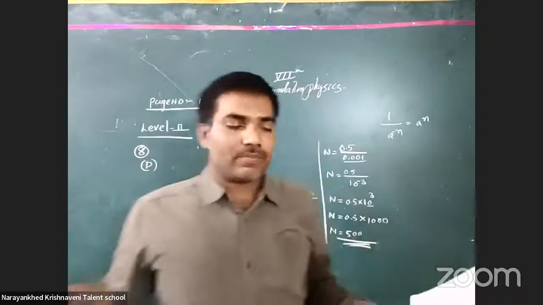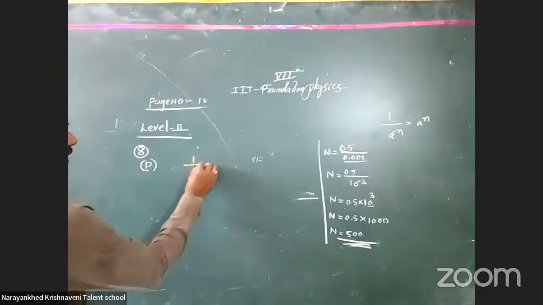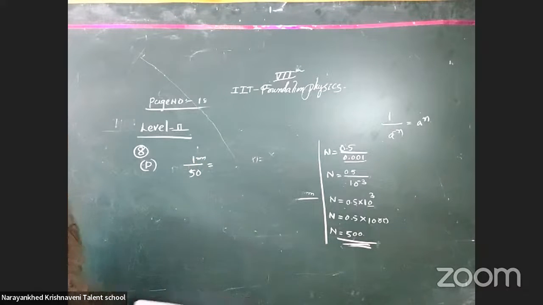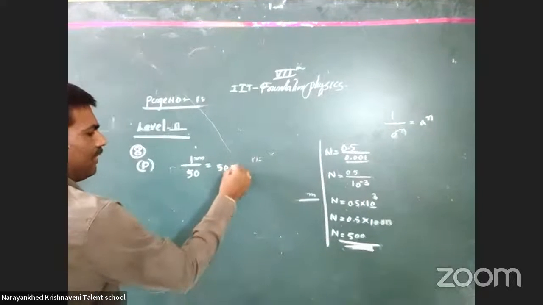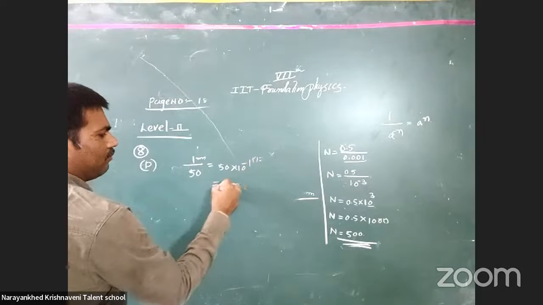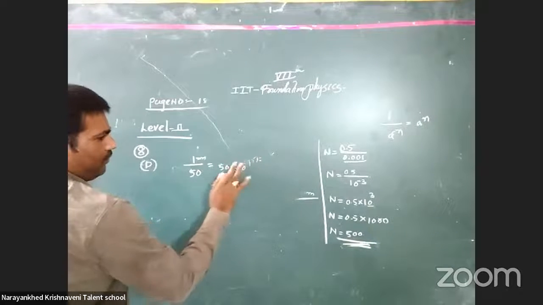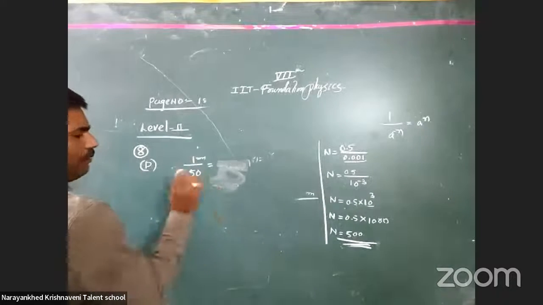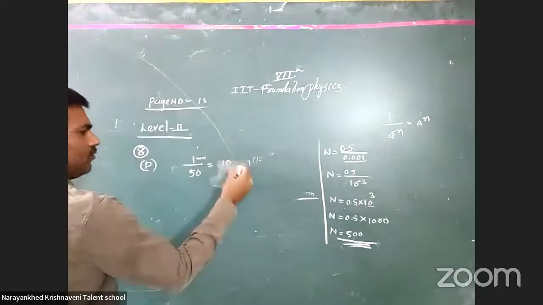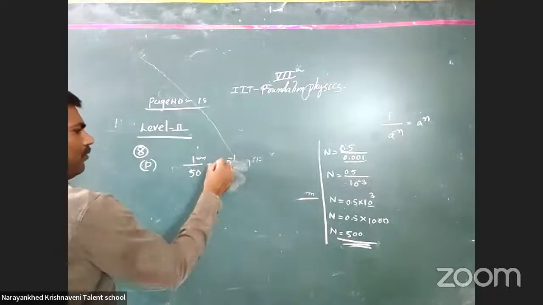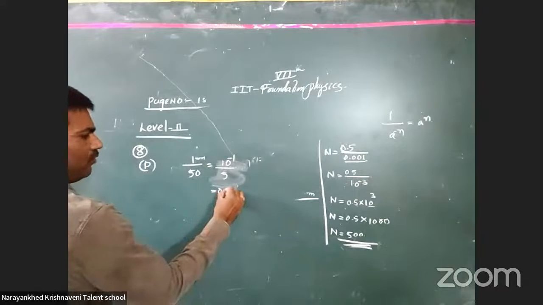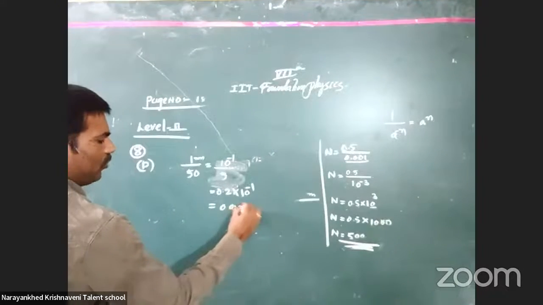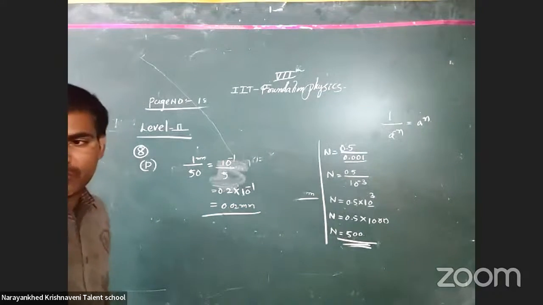The second option, which is the screw gauge. Whatever this 1 millimeter is, it has 50 divisions. Okay, clear or not all of you? That is 1 by 50. Then it is also written as 10 to the power of minus 1 by 5. And it is also written as 0.2 into 10 to the power of minus 1. 0.02 mm it is. Okay, clear or not all the students?